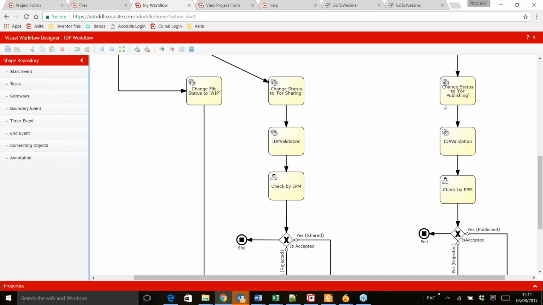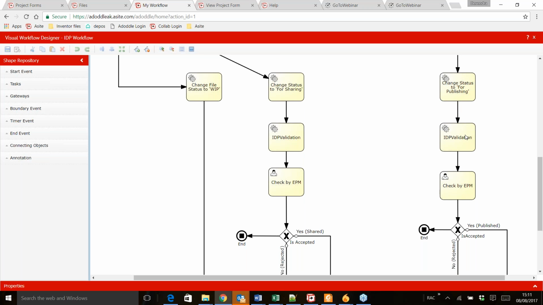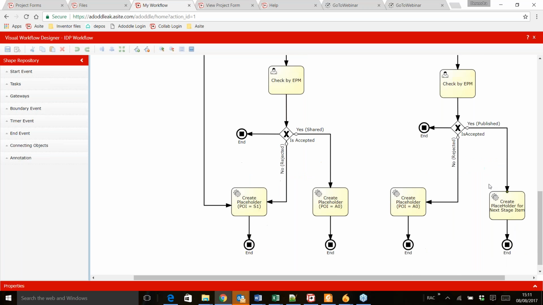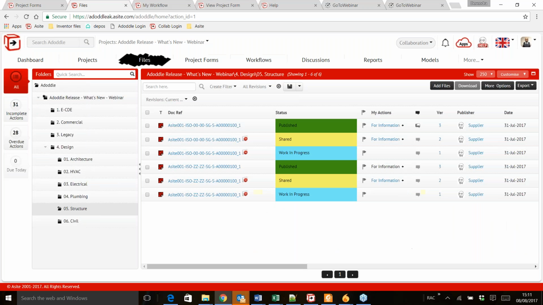So the third route is the suitability code of A0 to A7, in which case the status changes for publishing, followed by IDP validation, and followed by check by EPM. If it gets accepted, the status becomes published, and the system then creates a placeholder for the next stage item. So now if I jump to my files area,